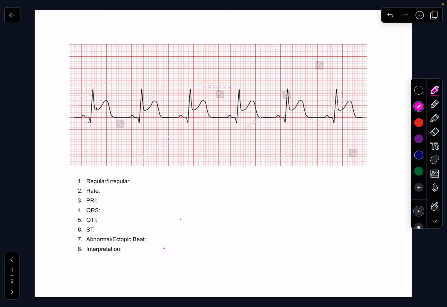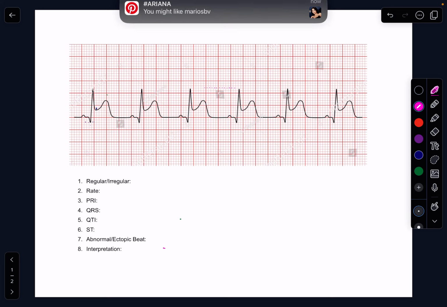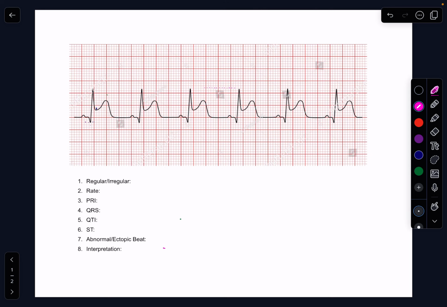So anyway, I just wanted to show you guys what my process is. How do I actually do my own EKG interpretation? And really, I do the same thing that I taught you guys. I follow each step. The first step would be to look at the rhythm and determine if it's regular or